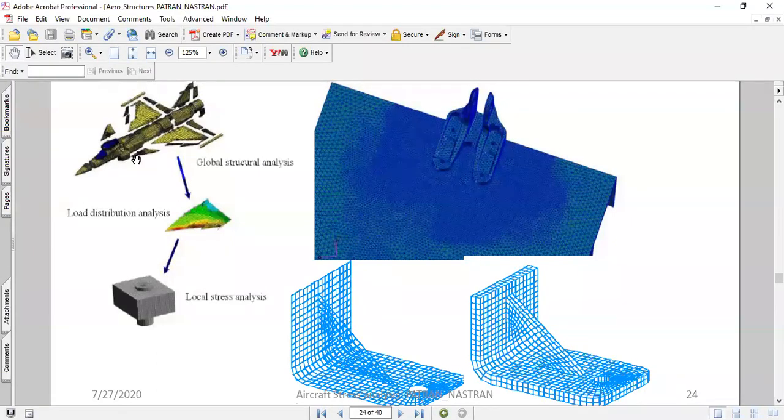This is a local model, where you are interested only in the particular component, how the stresses develop within that component and what kind of loading comes onto it. So this was modeled using a TET element, a higher order 3D element, in order to satisfy that criterion.